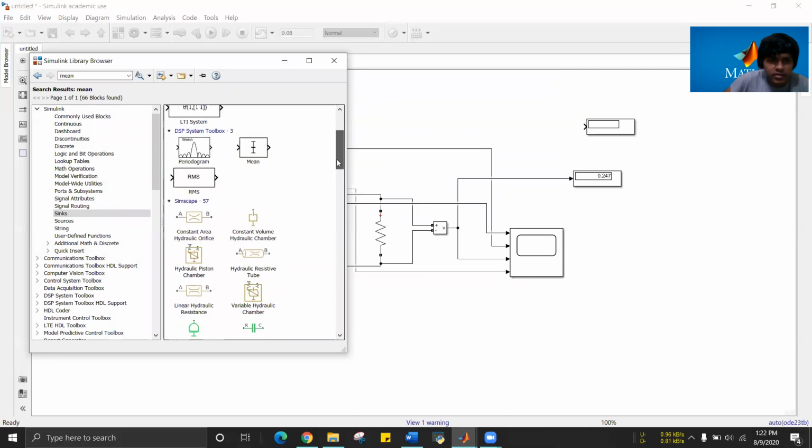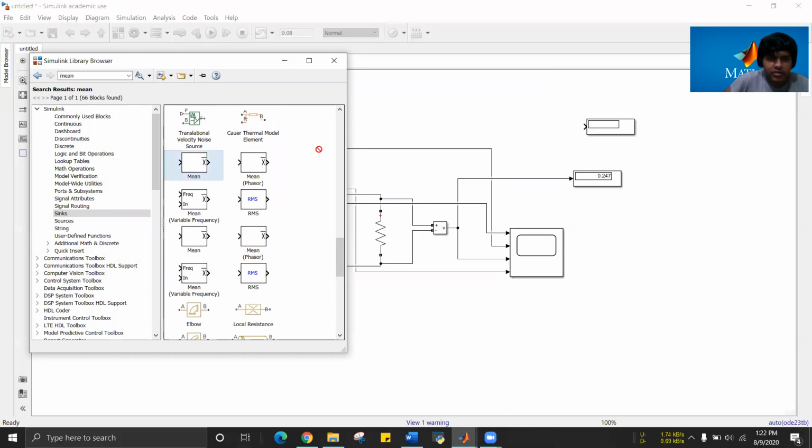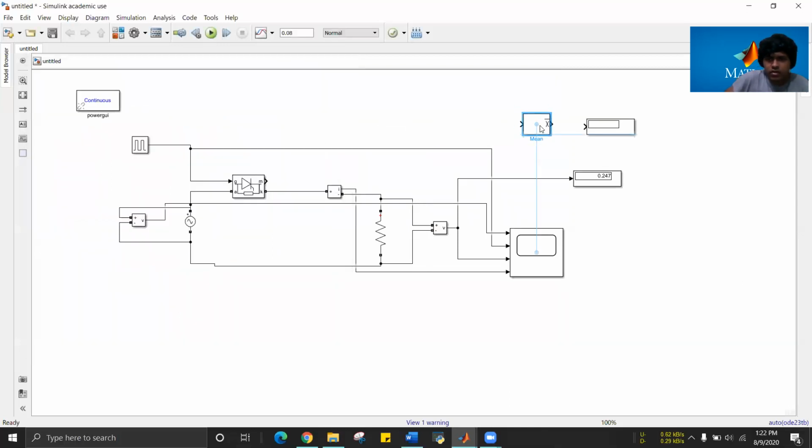So from here we're gonna search for mean. What does this block do? It gives us an average of the data that we get as an output, so for multiple values. And I'll connect this mean to the output. You see, I've connected output to display, same thing to mean, and then I'll connect it with the display. So I'll just run the program again. It gives me a mean data 89.14. So here is what the first experiment looks like.